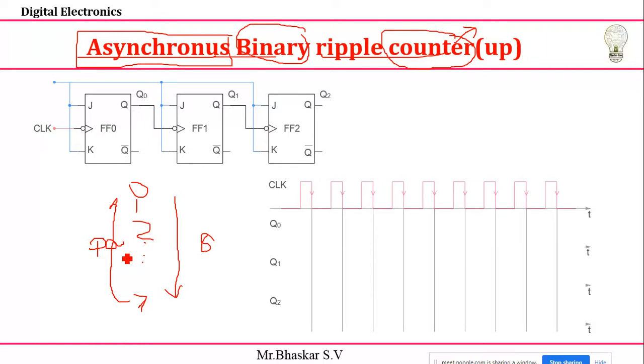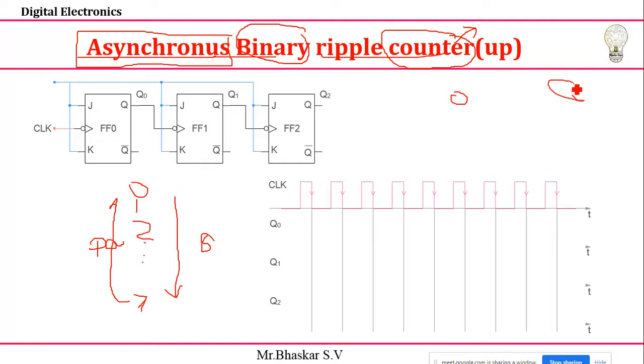And second thing, if you're looking at binary counters, if you take any one of the binary counters, we are getting a maximum count. But when it comes to mode 6 or mode 5 or mode 3, whatever the mode counters, we can restrict in some way. For example, in this case I'm going to use a 3-bit counter, nothing but here looking for a maximum count of 8. I need to count from 0 to 8.